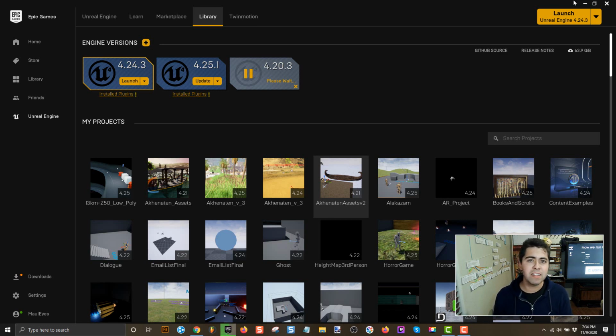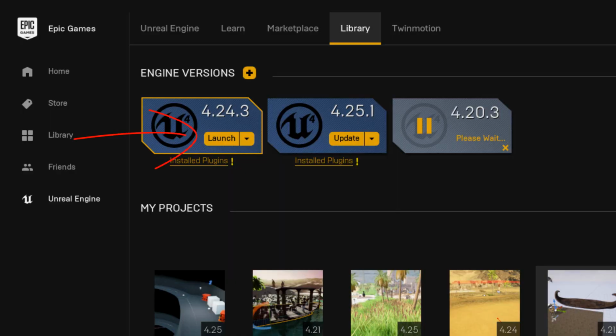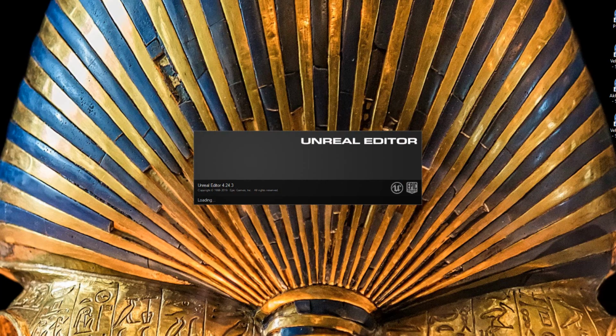I would install the latest version so long as it doesn't say preview next to it. Preview means, hey, this is the most recent version, but we're still working on it, so there might be bugs. All of these different version numbers, they come out about once every 4 months. So if you want to see what Unreal Engine looked like about 4 months before a certain version, you go down a number. Once installed, Unreal Engine will have this launch button. Click launch to open Unreal Engine.